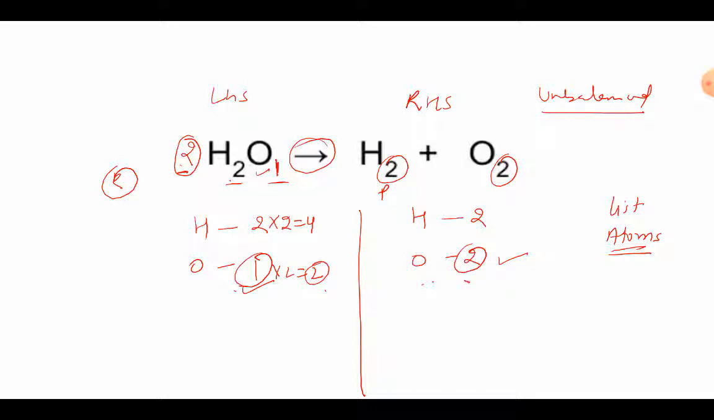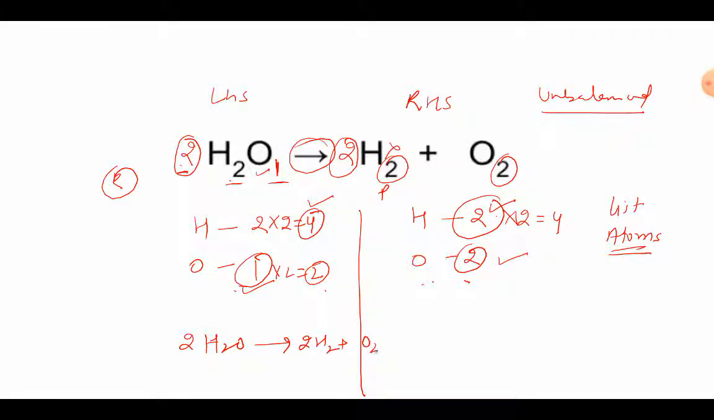But now the problem has come with hydrogen, that after putting this 2, hydrogen has become 4, but on the product side it is still 2. So where is it less? It is less on the product side. Now how can we change this 2 into 4? By putting a coefficient 2. Now this coefficient will be multiplied by this 2. So 2 into 2 becomes 4. So now our equation is finally balanced, that the final equation will be 2 H2O gives 2 H2